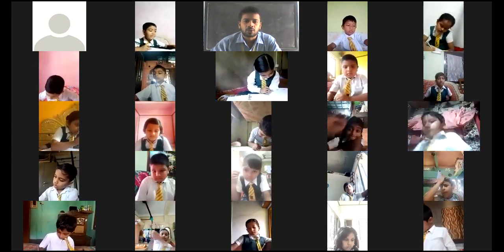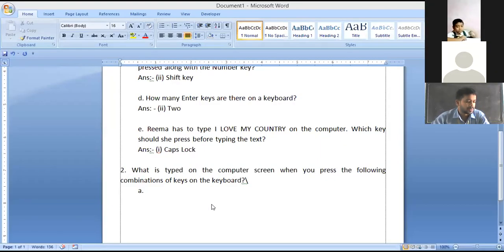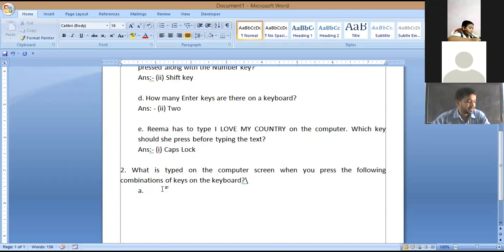So these symbols we are not going to write here, only the answers we are going to write. So what is typed on the computer screen when you press the following combinations of keys? Here, number 1: if we press shift and then number key 5, then what will be printed? It will print the percent sign.